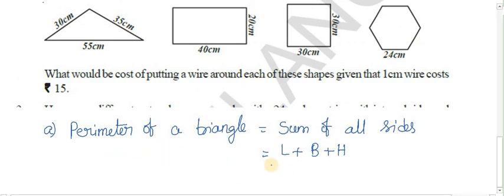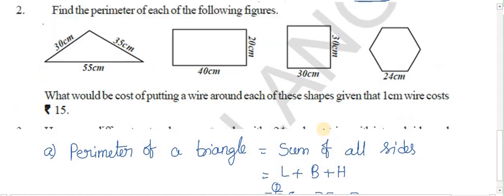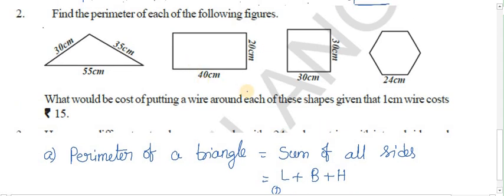Now the value of length is 55 centimeters, breadth is 35 centimeters, and height is 30 centimeters. 5 plus 5, 10. 10 plus 0 is 10. 1 carry. 5 plus 1, 6. 6 plus 3, 9. 9 plus 3, 12. 120 centimeters. Right? Now we'll see the second picture is a rectangle, but he gave only 2 sides,